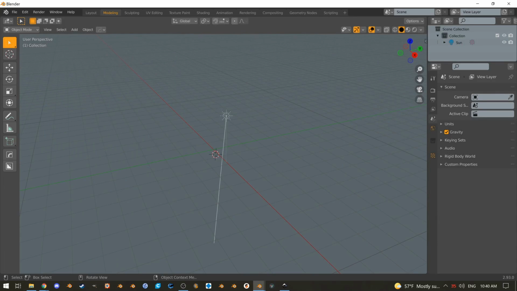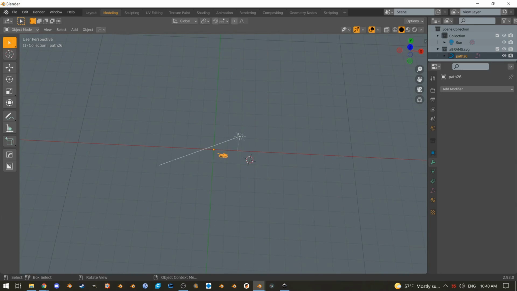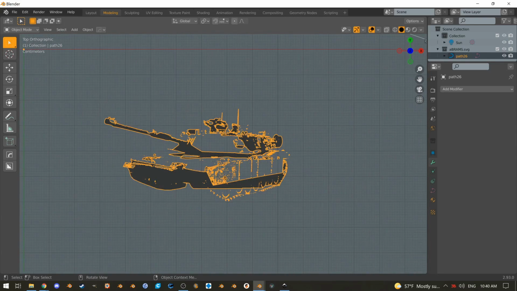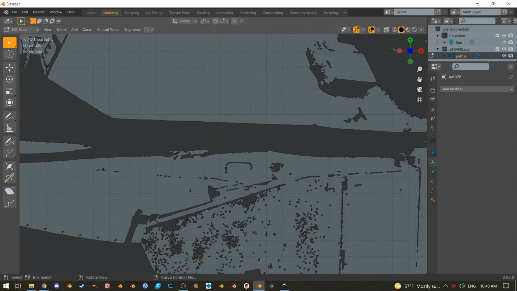But what is nice about this is you can make logos out of just about any picture that you can get off of Google. And this might be very helpful for something later on. Like if you want to make a logo, don't know how to do that, you can do this very quickly, and then do the same thing of, let's see, add camera. Just Control-Alt-0 to zero out the camera, render,